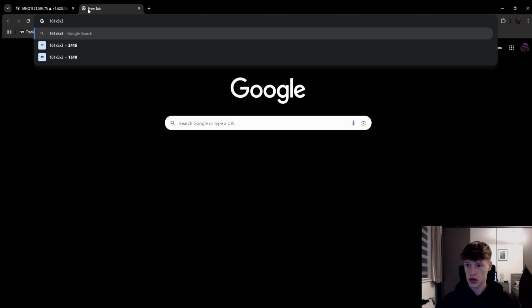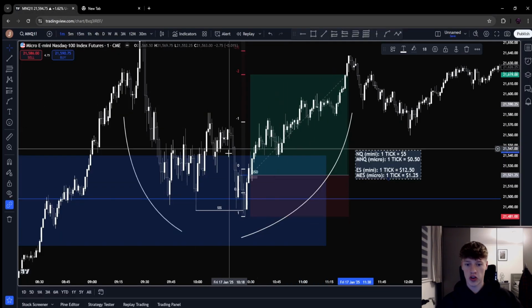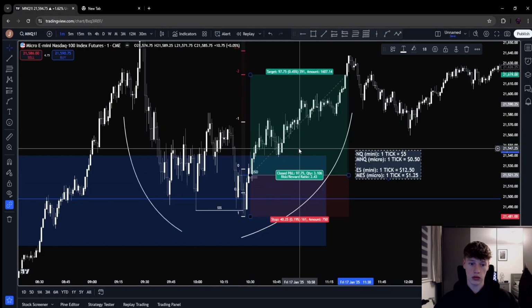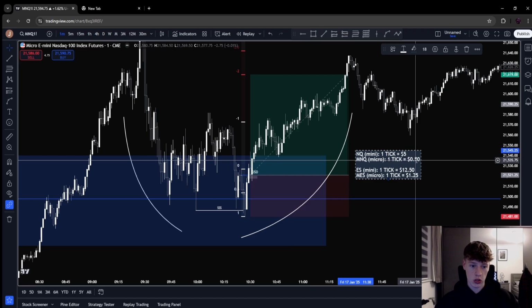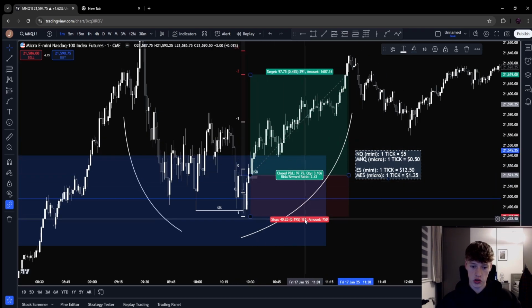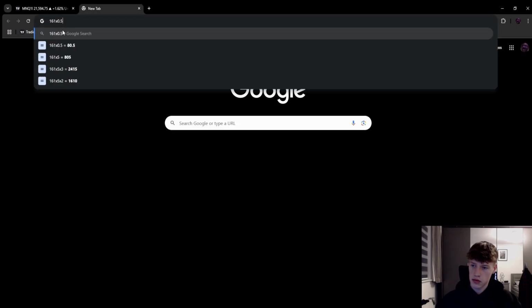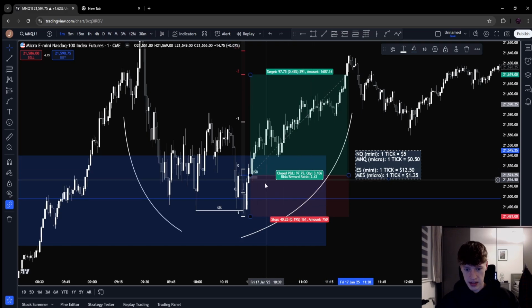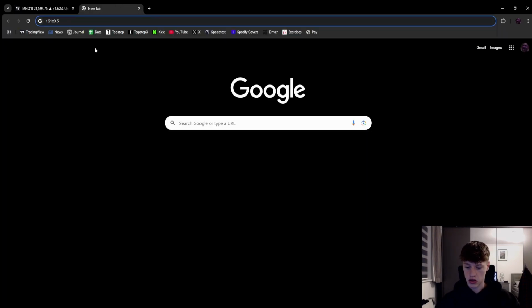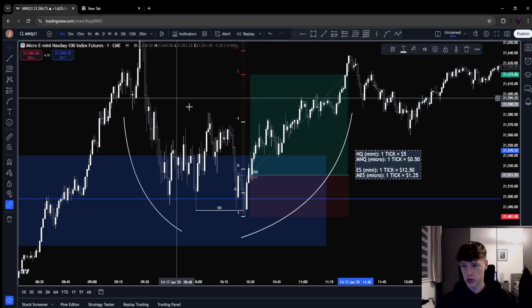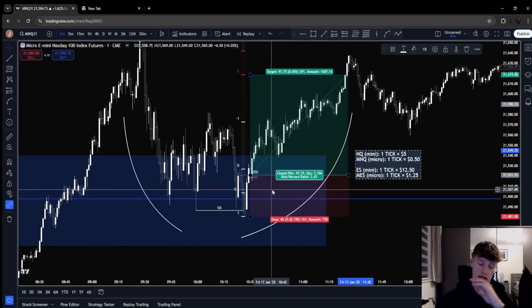Times by 3, whatever. Now, if this trade was on micro NQ, we just turn that 5 to a 0.5, because it's 161 ticks. How much is a tick worth? 50 cents. 161 times 50 cents. One micro contract means I'm risking $80.5 on this trade. Two of them, $161. If I had 5 micros, it would be $402.5. Again,